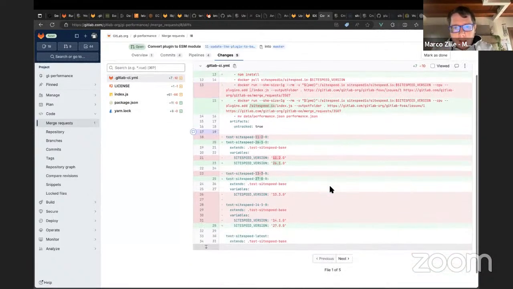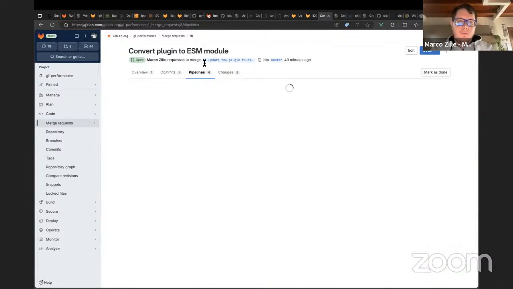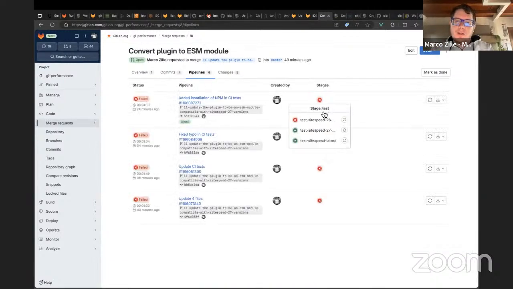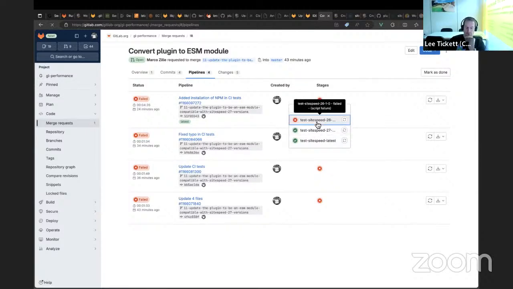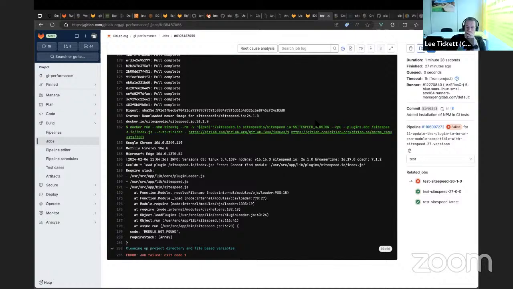So we have now one potential issue, because it's working for version 27 and above, but it's not working anymore for version 26, because version 26 is using the old CommonJS version. So I got it to work, and we have to decide now how we want to